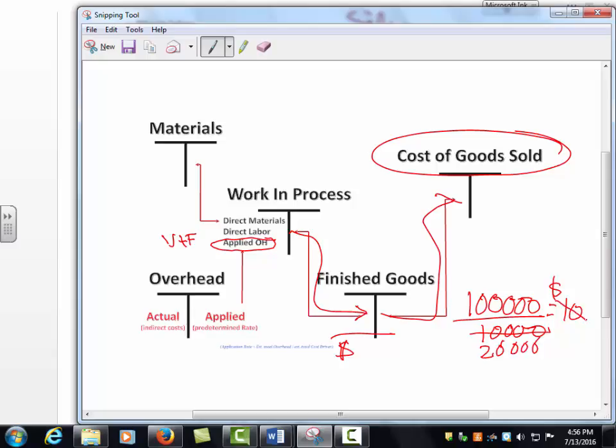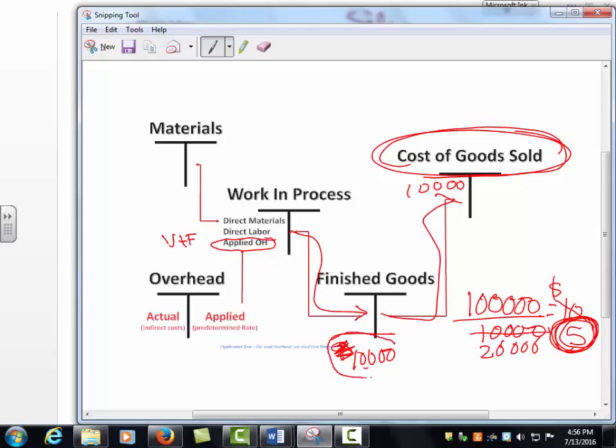Now each unit would only have $5 of fixed overhead. So although we sent 10,000 units that we sold, now we've got another 10,000 units sitting in finished goods, but what reached the cost of goods sold is now at a cheaper price. And that's the whole chapter: under absorption costing, the fixed overhead follows the goods, and if the goods are